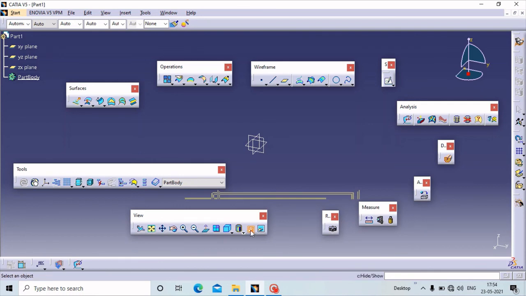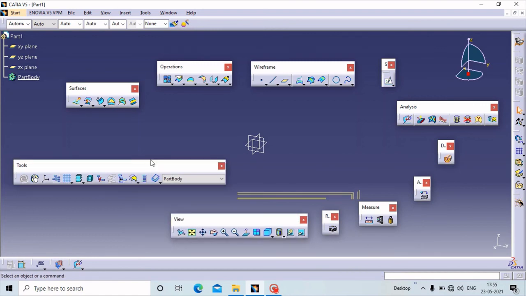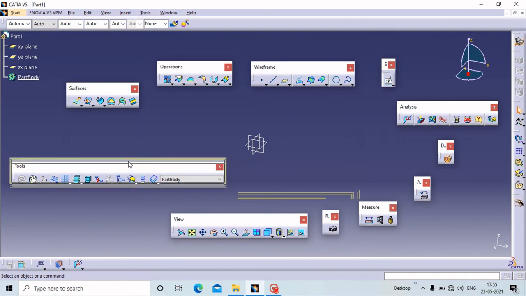Unfortunately some of the parts get hidden, or you can see these parts in the hide position. So by using this hide and show command, you can see such types of parts which get hidden. So next is the tools toolbar. If you want to update your part, isolate your part, there are n numbers of commands integrated in the tools toolbar.